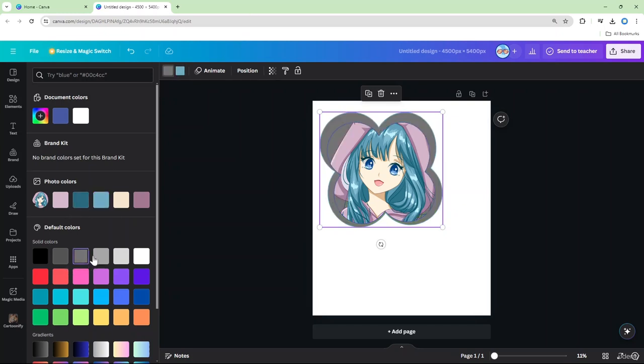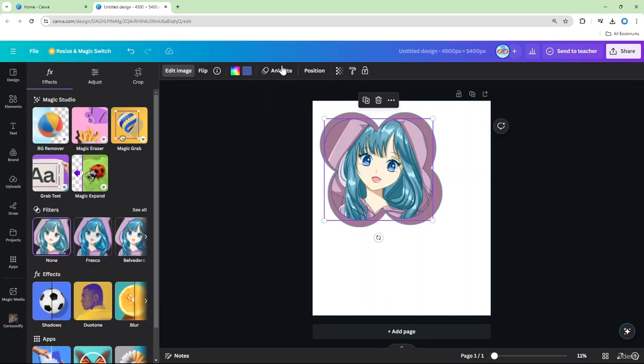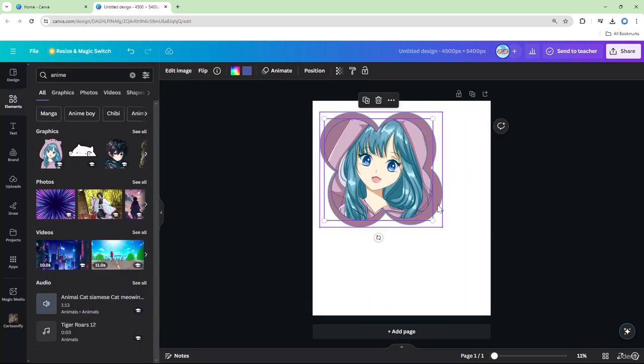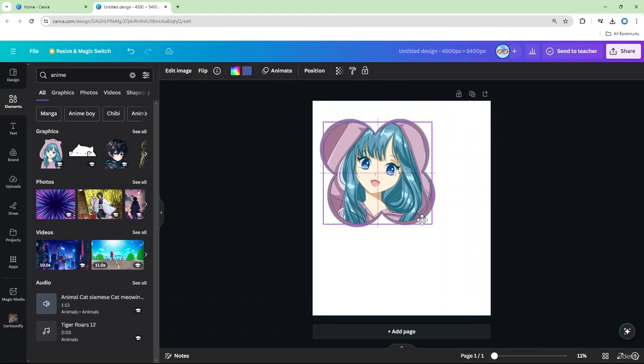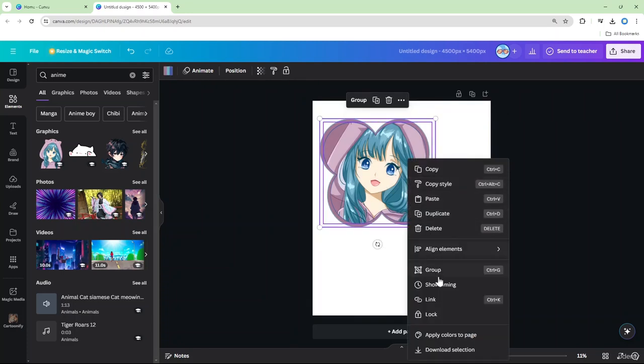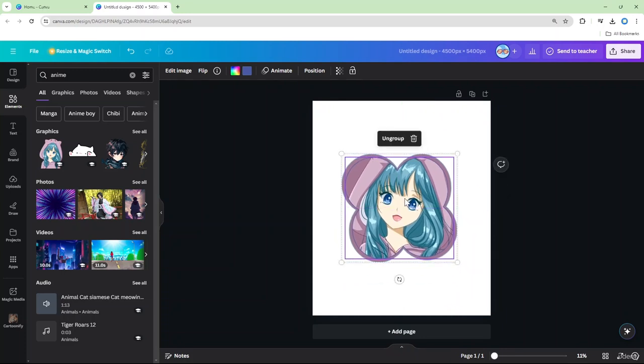And now that we have the different colors over here, I want to use the edit image option, and you can also use different styles if you want. But what I'm going to do is bring this forward for a better look. Then I want to select both of them, right click, and group them. Okay, so now that we have grouped this one,